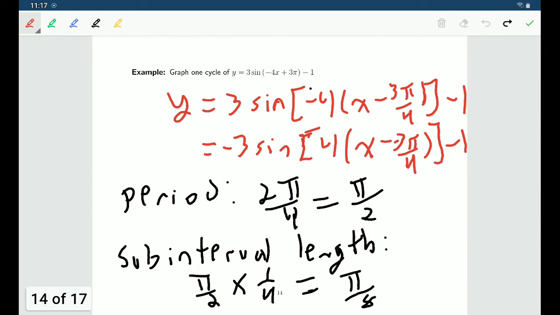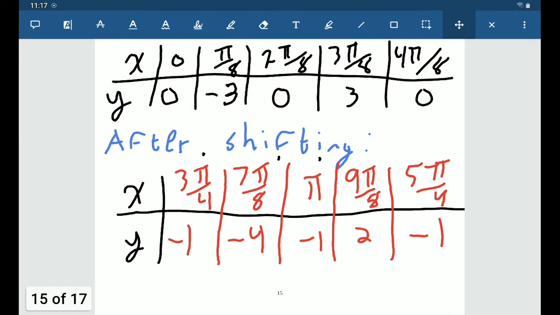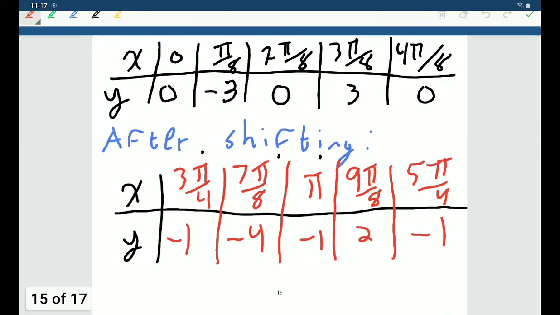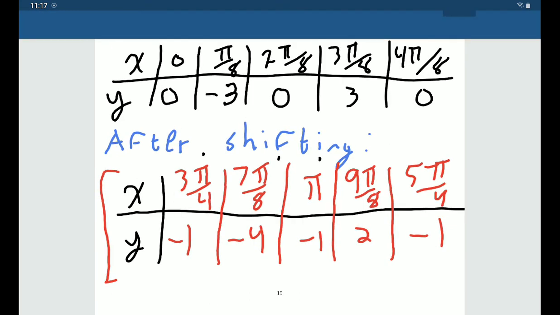So what I could do, and this is what I'm going to do here just for a little added fun, I'm going to take the transformed x coordinates that I already have, and I'm going to shift them to the left by one period. I can subtract pi over 2 from all the x values, and that will just give me another period for my graph. So if I were to do that, and I'll do that on the next page,